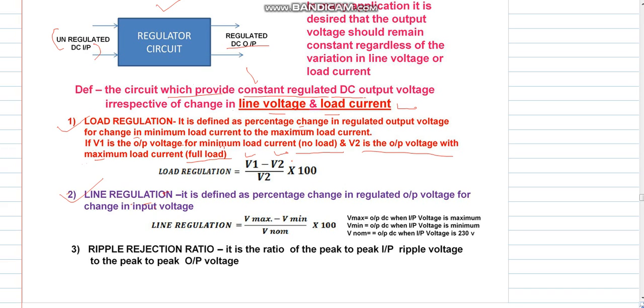Vmax is the output when input voltage is maximum, Vmin is the output DC voltage when input voltage is minimum, and Vnominal is the output DC voltage when input voltage is 230 volt. The third definition is the ripple rejection ratio. It is the ratio of peak to peak input voltage to the peak to peak output voltage. So those are the three terms which are related with the